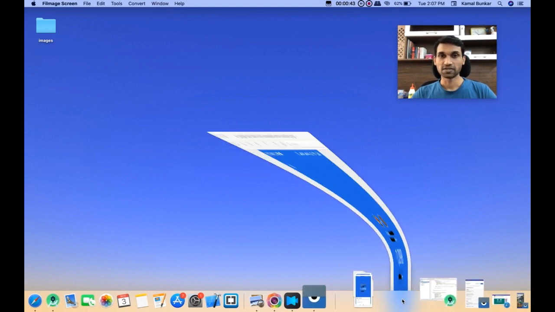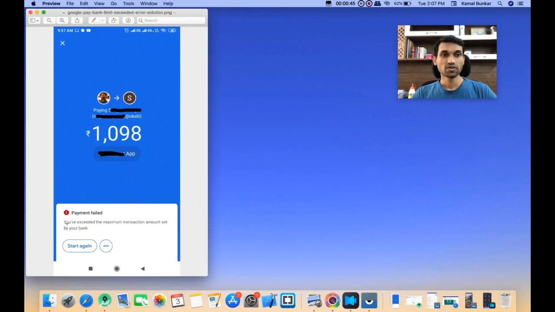I will show you on my screen. "You have exceeded the maximum transaction amount set by your bank." Google has updated the Google Pay app, which is why you are seeing this type of error. I have the solution, and it is pretty easy.